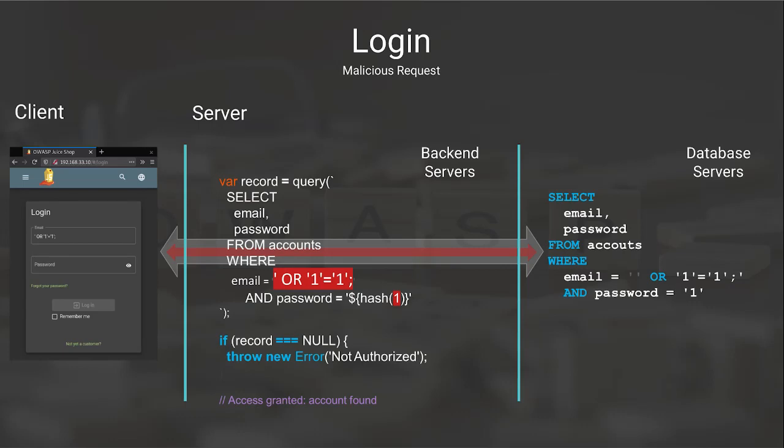Although there's no such record with empty email, every record matches the 1 equal to 1 condition. Since we're dealing with an OR, matching one criteria will be enough. The first matched record will be returned to the backend server. The backend server doesn't know that the password wasn't matched. Remember that the backend server is written in a programming language other than SQL, and it knows nothing about SQL. Since the backend server receives some data from the database, the variable record won't be null, and access will be